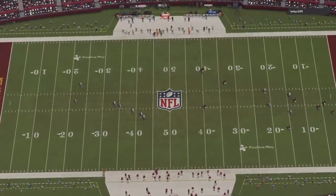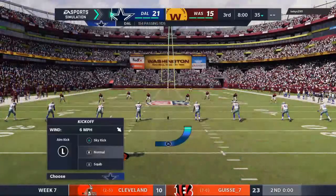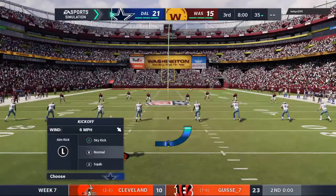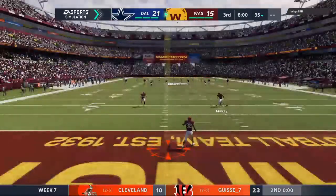As we'll send you down the coast now to Orlando, that's where we find Jonathan Coachman, ready with our EA Sports halftime report. Coach. Washington down on the scoreboard, but they are getting the football first here, and we are